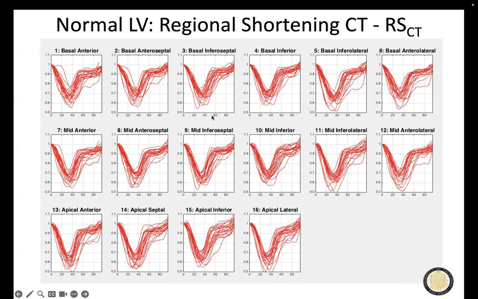So I've got time zero and then 100% of the R to R interval here. This is the heart contracting to end systole, so it's remarkably consistent in terms of when that happens. And then this is the heart relaxing back and then in diastasis. Okay, so you can see this is a reproducible strain pattern, and we can measure it with this kind of